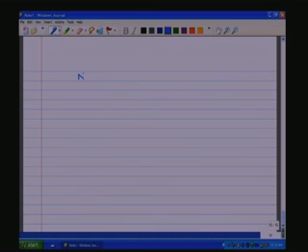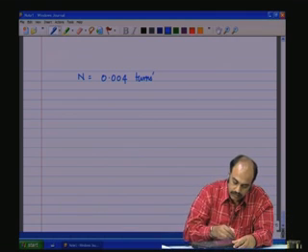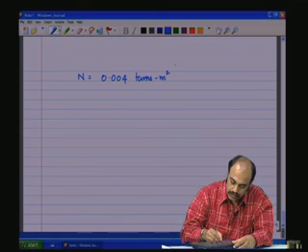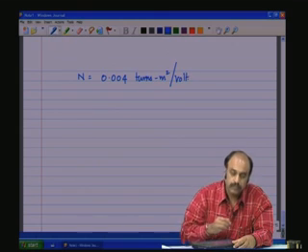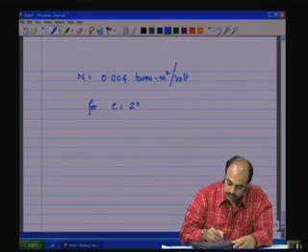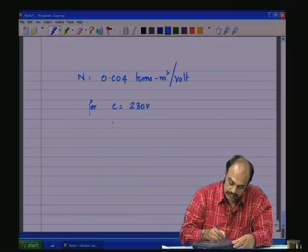So, N is equal to 0.004 turns meter square per volt. So, let us say for E is equal to 230 volts and a core area which